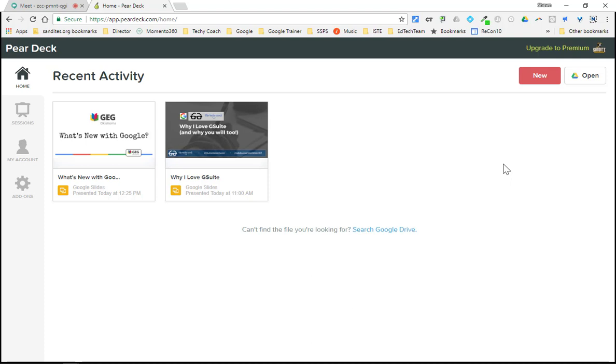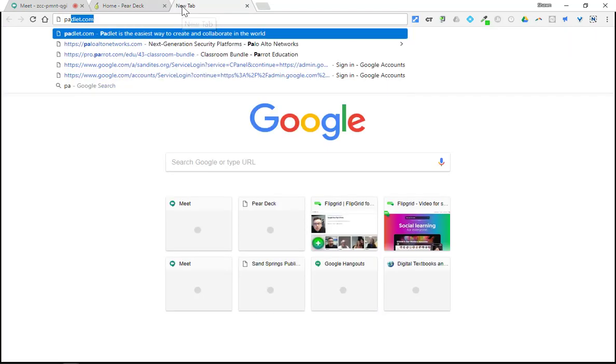So that is Pear Deck. That's one of the 3 tools that we're looking at today. The next one we're going to jump into is Padlet,